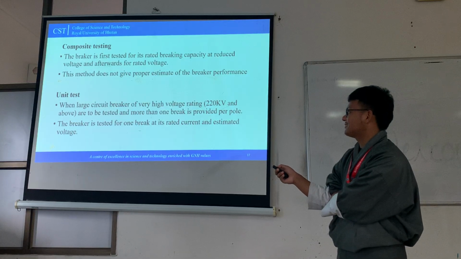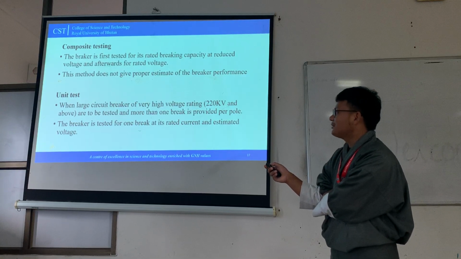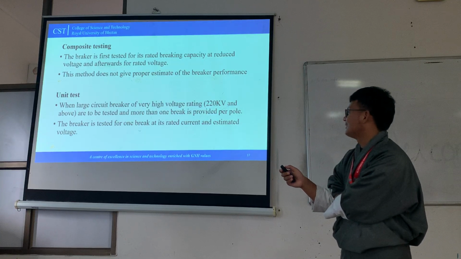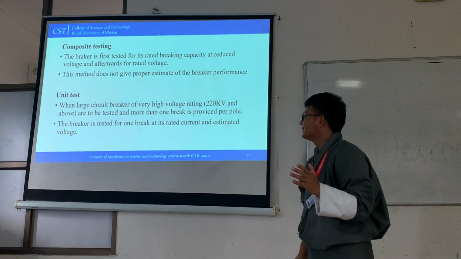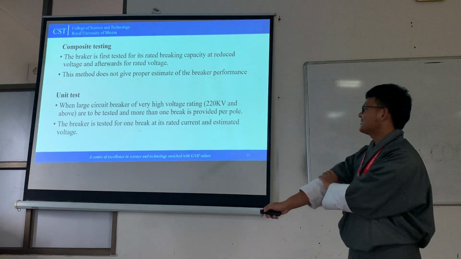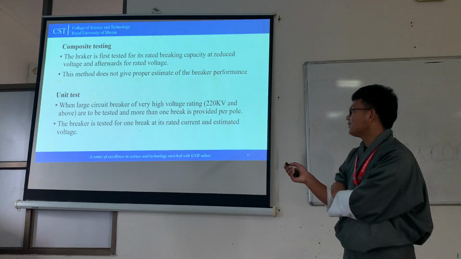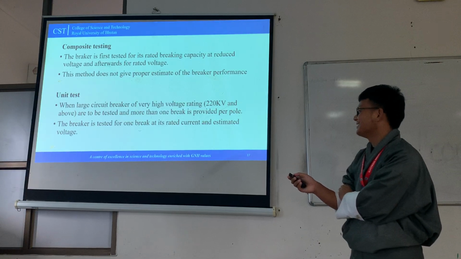The main purpose of the unit test is for breakers of high voltage rating 20 kV and above. We tested and found the 1 meter integrated power. This breaker is tested for 1 meter and its rated current is